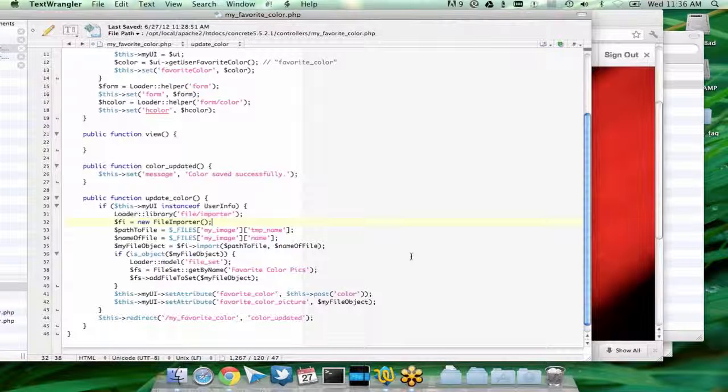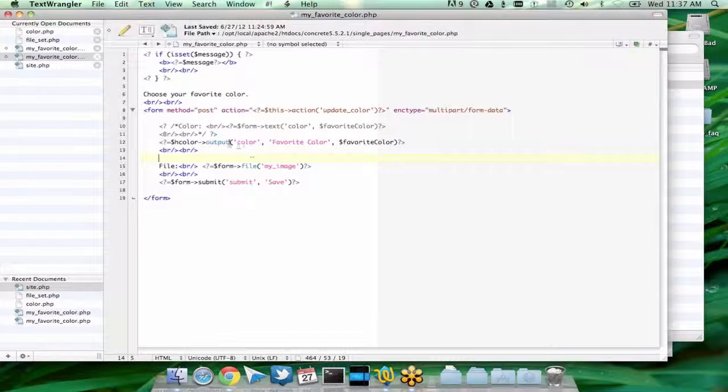Tom wants to know if I could do a real quick example of a permission check. Yes, I can, although the API for this will change rather dramatically in the new version of Concrete, although we will try and maintain some backward compatibility. So what we're going to want to do,